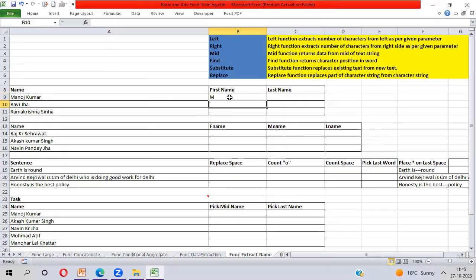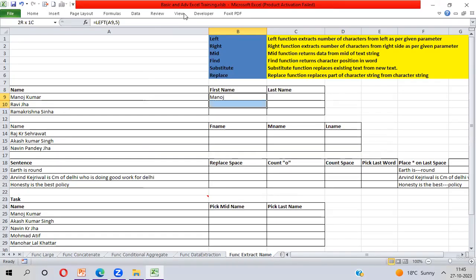See here, you are getting only M. But if I'm passing the optional parameter as 4 characters, your output will be MANO from the left side. But if you want to pick the complete Manoj, then you will have to count the number of characters in Manoj. Manoj has 5 characters, so you need to remove 4 and put 5. So now you are getting Manoj.